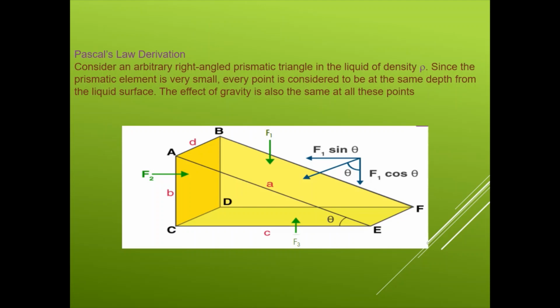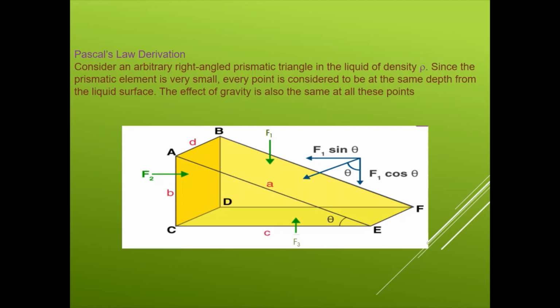Now the derivation for Pascal's law. Let us consider an arbitrary right angle prismatic triangle in the liquid of density ρ. Since the prismatic element is very small, every point is considered to be at the same depth from the liquid surface. The effect of gravity is also the same at all these points. So you can see in this figure,